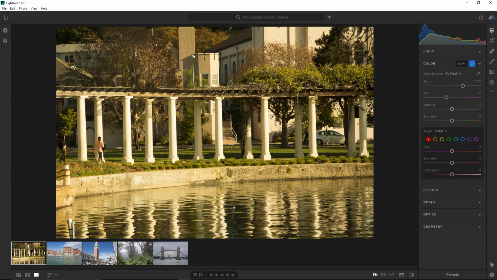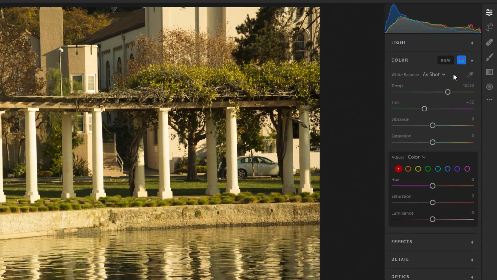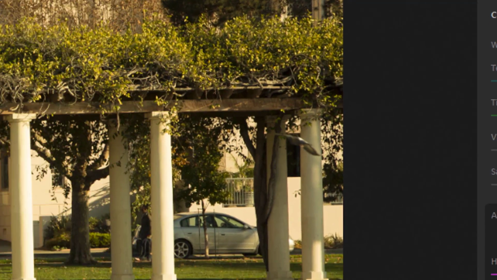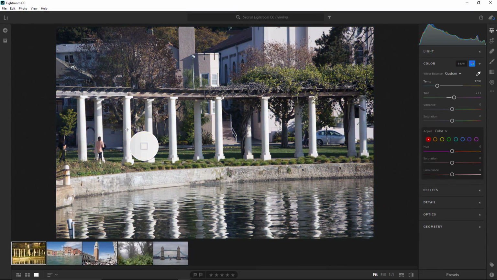For this photo, you can try one of the presets, but I think the white balance selector, the eyedropper, will work best. We can use the eyedropper to manually select a color that should be a neutral gray and neutralize it with one click. For example, this area of the image should be a natural gray. It should not have a yellow color cast. Tap on this area to apply the adjustment. And Lightroom CC will automatically cool this image and neutralize the grays. The eyedropper made changes to both temperature and tint to adjust the white balance.